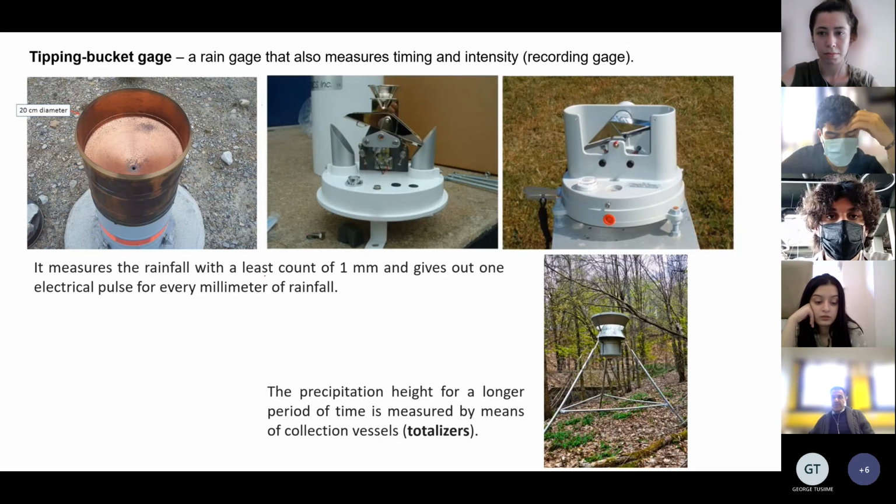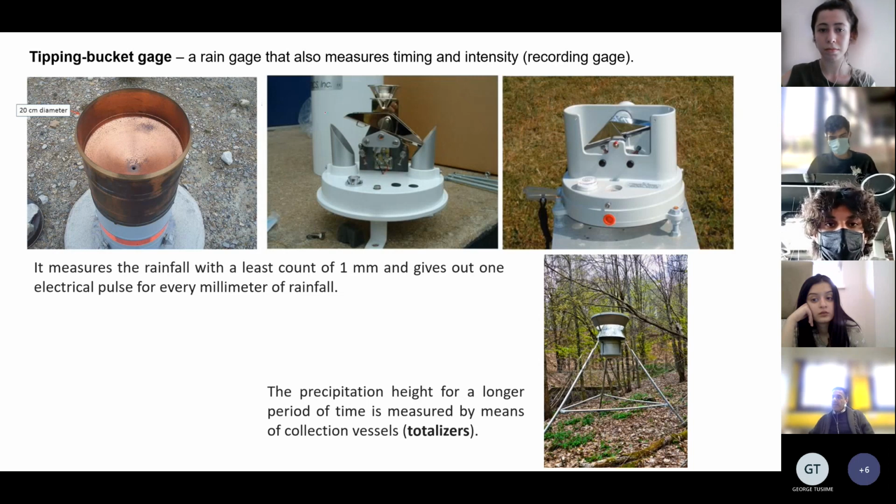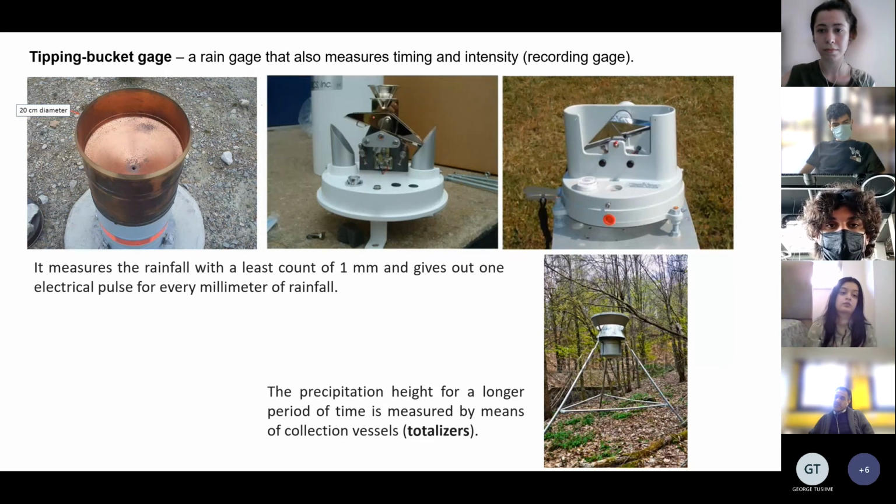It measures the rainfall with a least count of 1 millimeter and gives out 1 electrical pulse for every millimeter of rainfall. Let me explain how it works. This is what we have in a meteorology station. The diameter is 20 centimeters, like the standard classic rain gauge. Within this container, we have such a system. When water moves downward, from this hole it goes here. And when it reaches here,